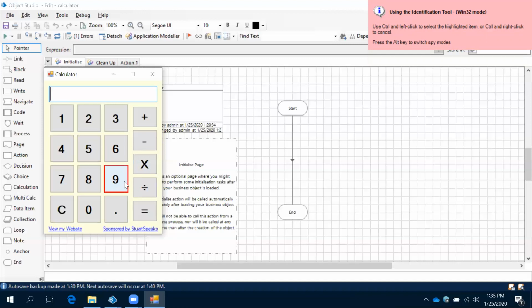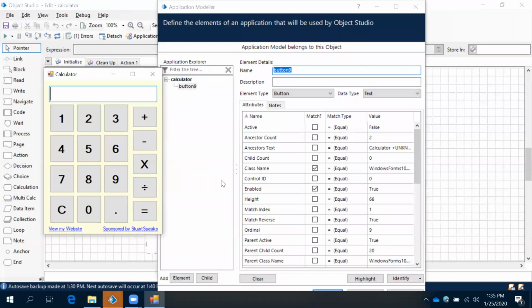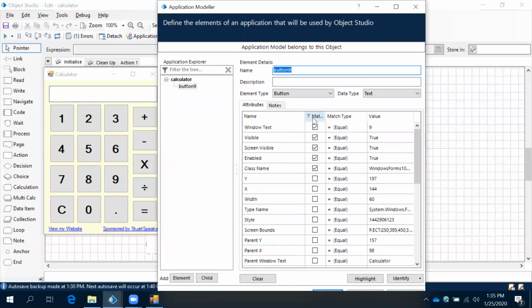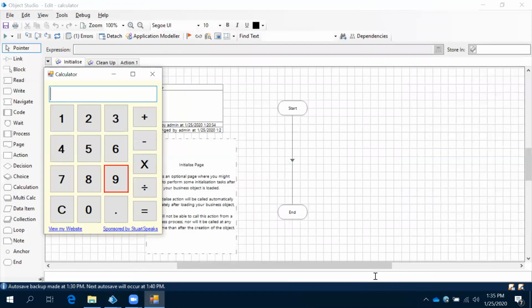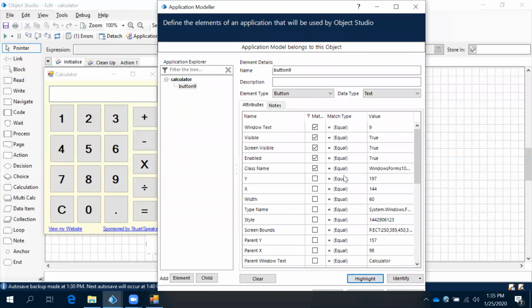Now, if you want to capture the properties, you need to press Control and left click. Then it will capture the properties of that particular element. Now see this, it captured all the properties, right? And then if you want to cross verify, click on highlight. See this, it's highlighting. It means it captured the properties of that 9 button. When you use this button 9 element in your Blue Prism, it will perform the action in your application as 9. That's the meaning of this. That's how the element will be created.